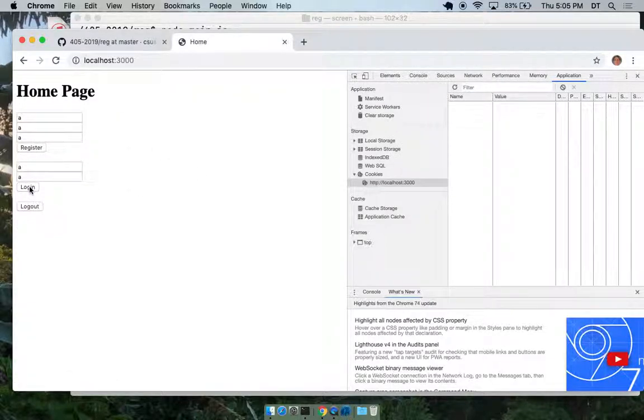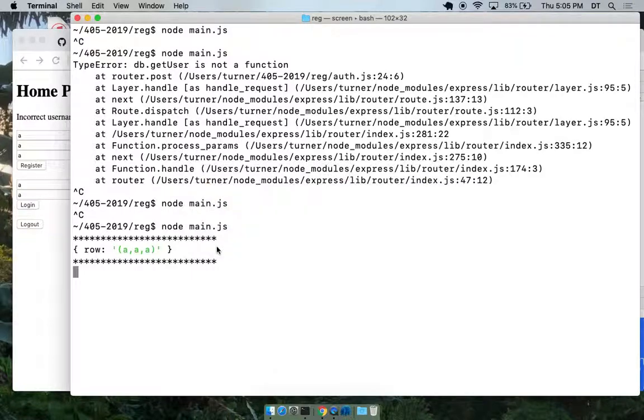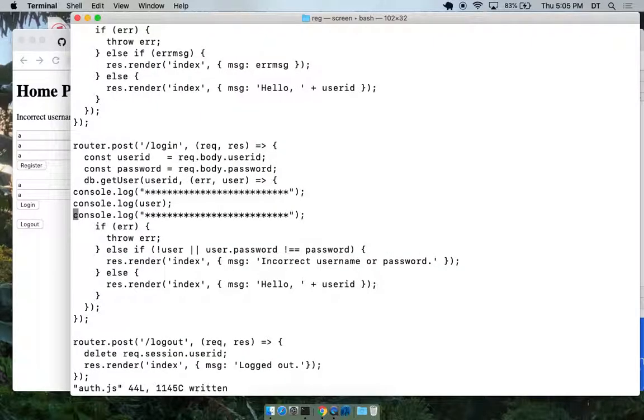So we'll log in, and that's what the row looks like. That's all it looks like, just a string like that. I don't get it, row. Why is the row coming up like that? Why would it look like that? So, let's see here. And it looks like it's a string as well. That row is a string as well.